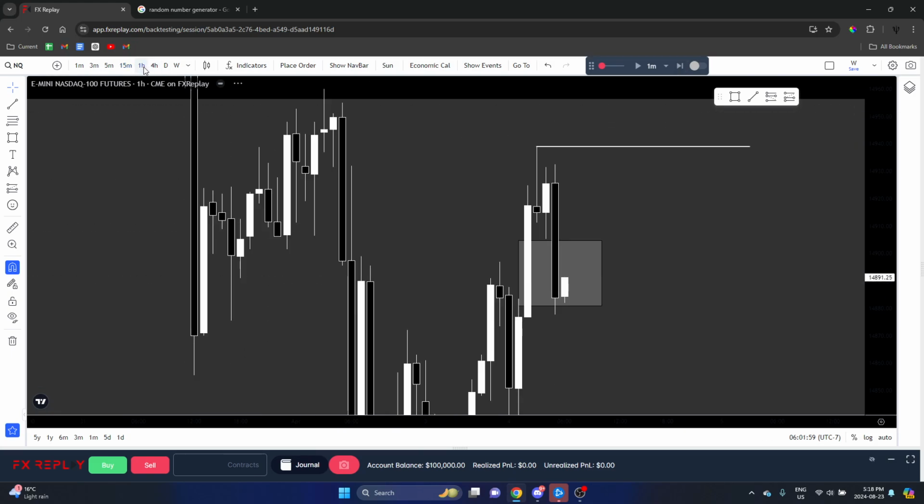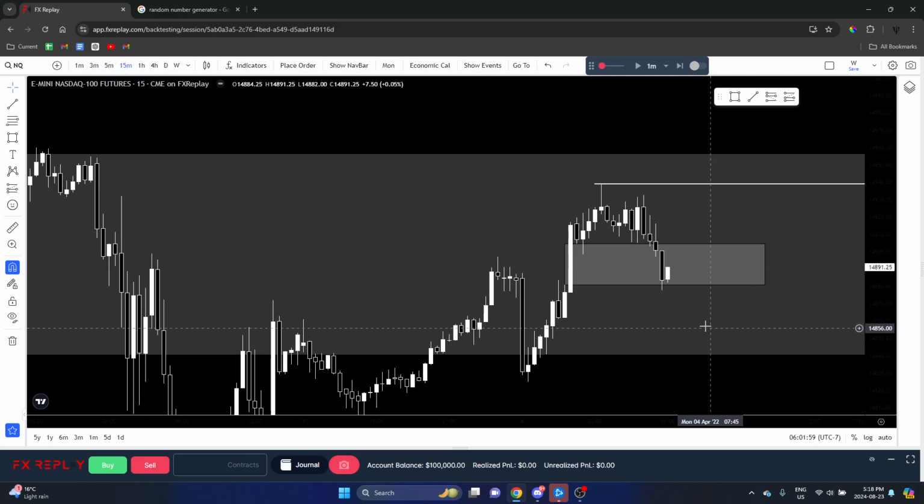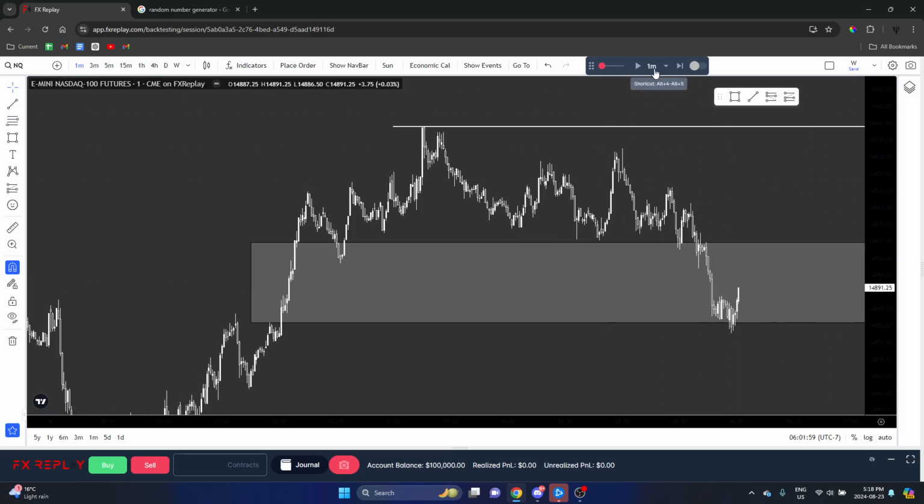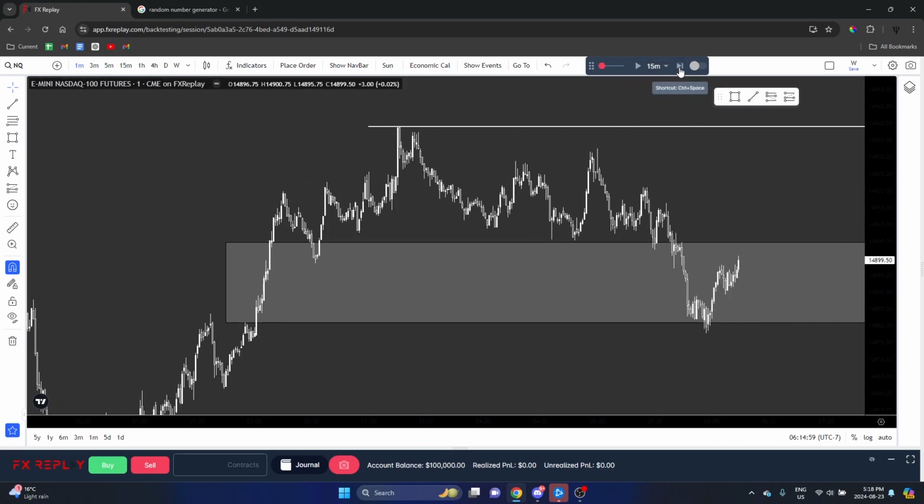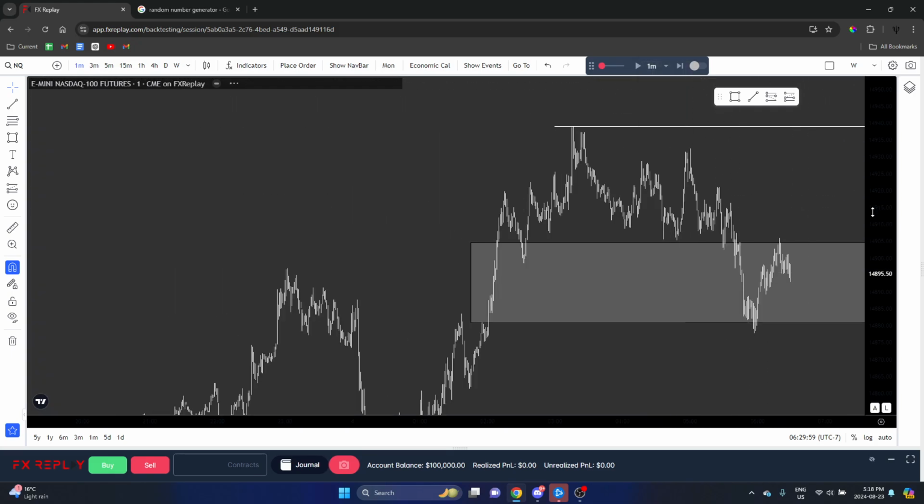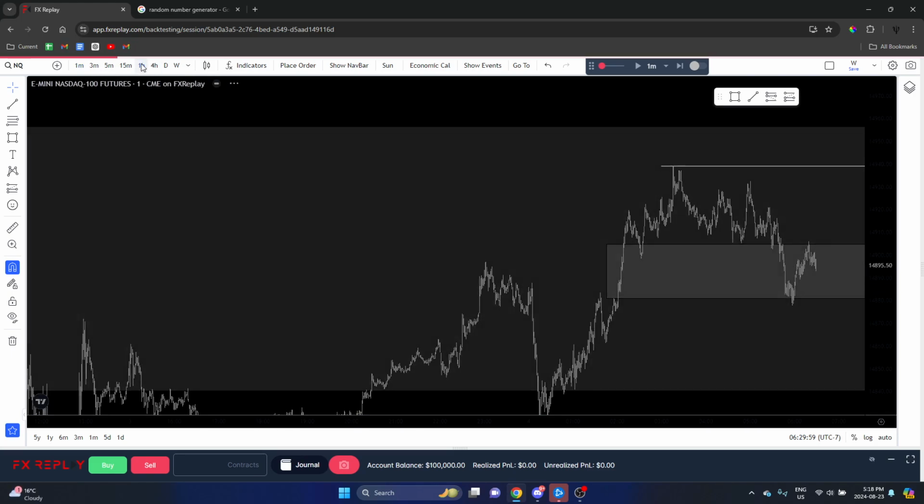So it did not close below. What about the hourly? So hourly did not close below. So bullish for now then. So let's kind of see what happens at market open. So I'm just going to go 15. So now we're at 6:30, which is 9:30 for you guys. Bullish on the hourly,